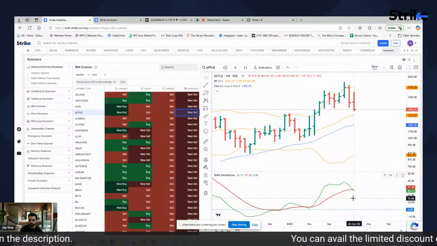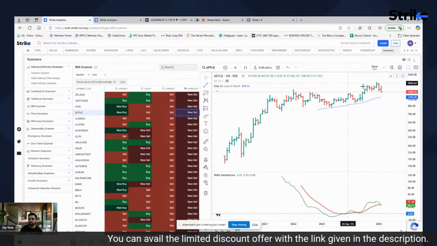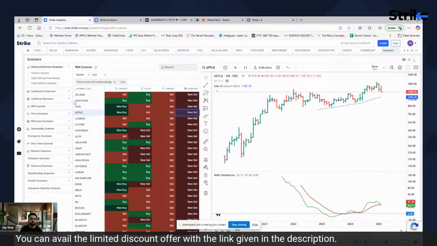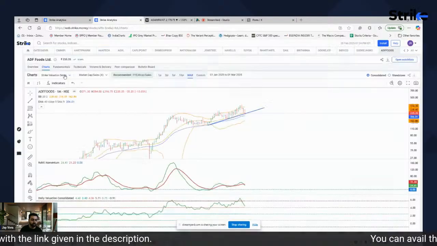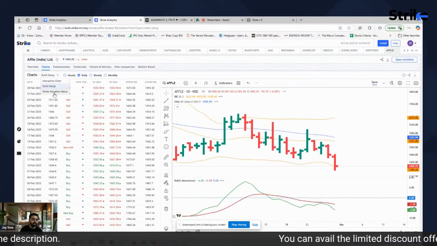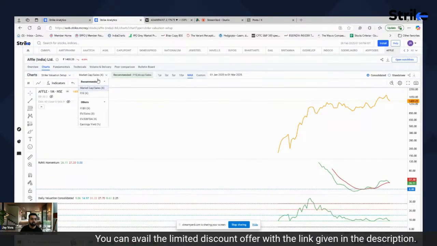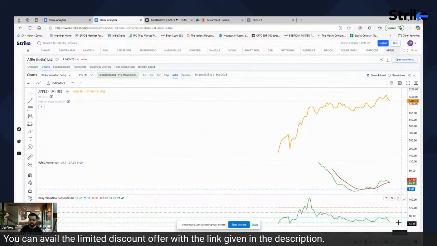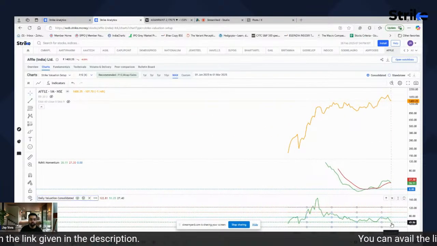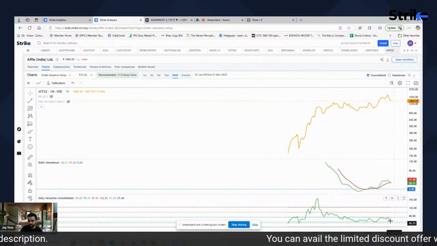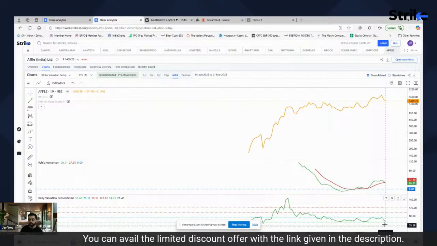So right now, this is probably one of the ways in which you can see it. Say, Affle India is the one that is giving a sell crossover this week. If I remove this, then yes, this is giving a sell crossover. So then I would see whether Affle India has overvaluation in it or not. If I see the chart, okay, Affle India doesn't have much history, but it is down. When valuations are not that huge, especially compared to its history, you can also, of course, evaluate in actual terms as well.